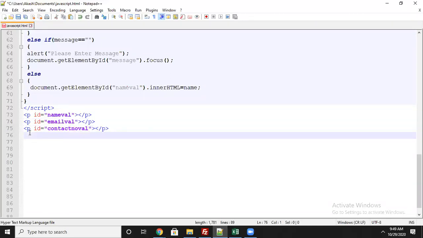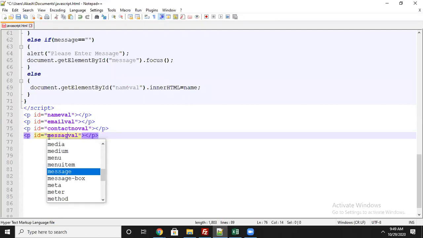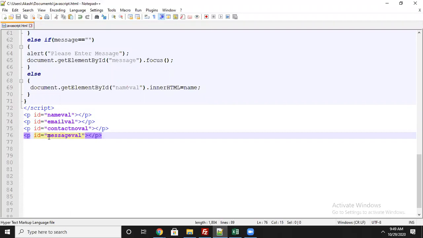I will add a message val, because it has to take a reference and print in the JavaScript. We need an ID, and that is the reason I am taking one ID for everything. Let's see email, contact number, and message val. Already the name we have passed via the name val ID here. Similarly, I have to do email, contact, and message.